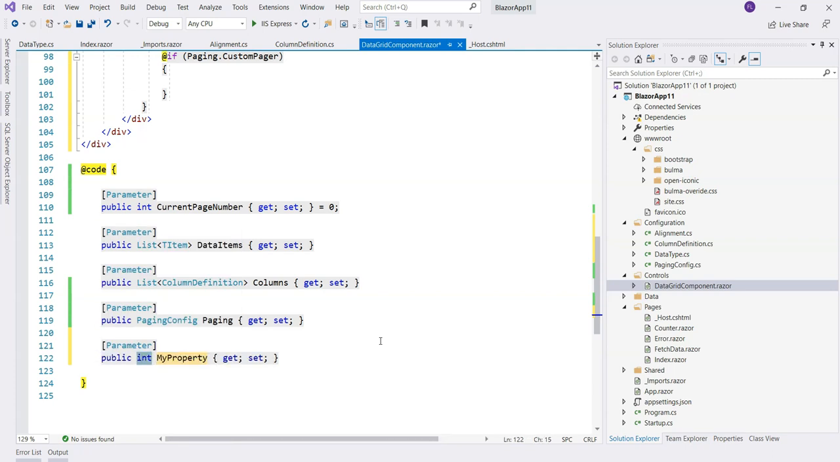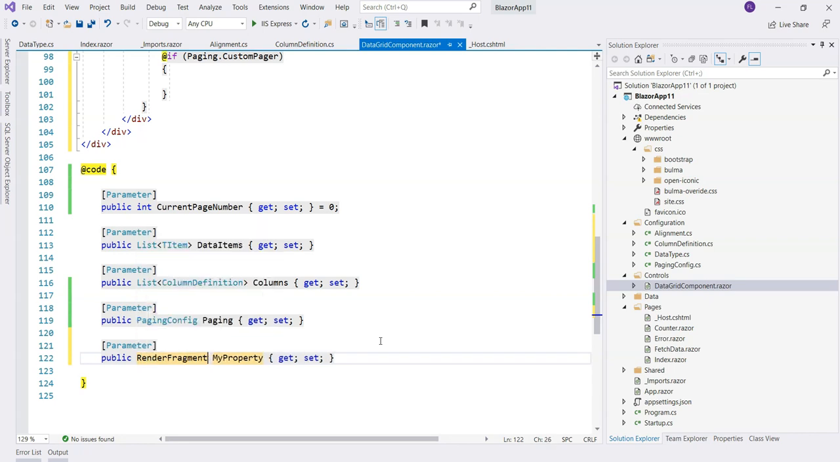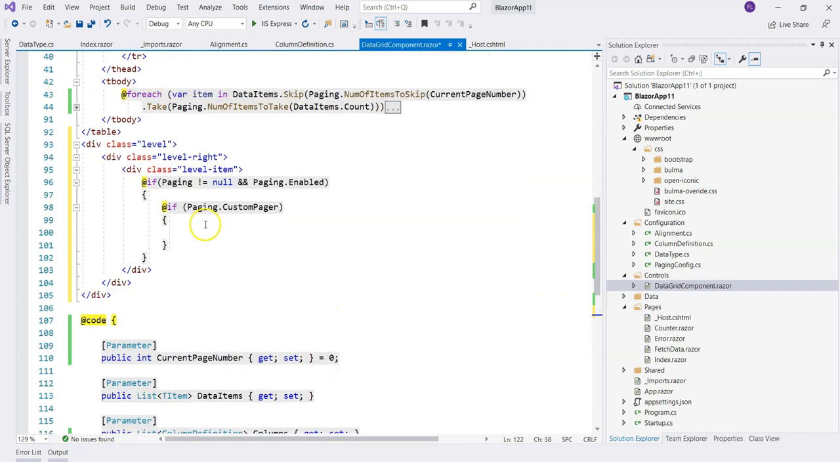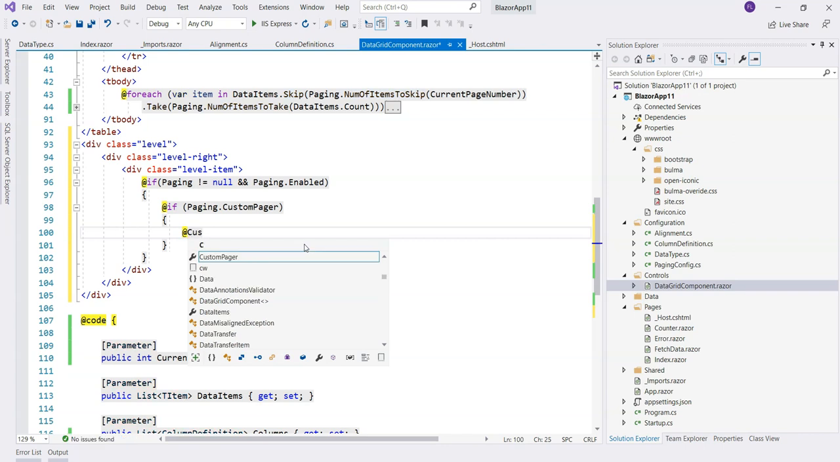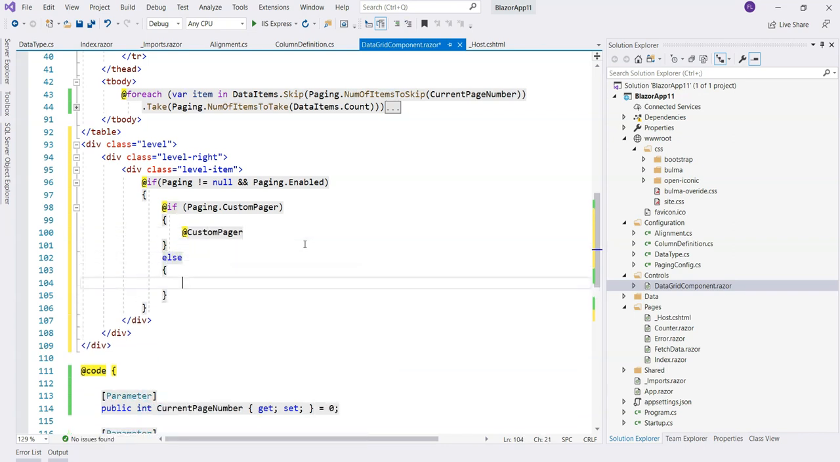Which I also covered in one of my previous episodes, if you haven't used render fragment. This is going to be a simple render fragment without a generic type. So render fragment custom pager. It's pretty simple to use. Going back over here to say if the custom pager is enabled, if we want to use custom pager, then just use custom pager. That's simple. And then otherwise we use our predefined